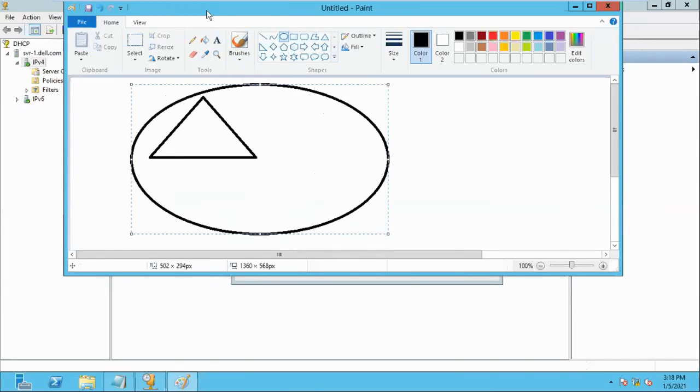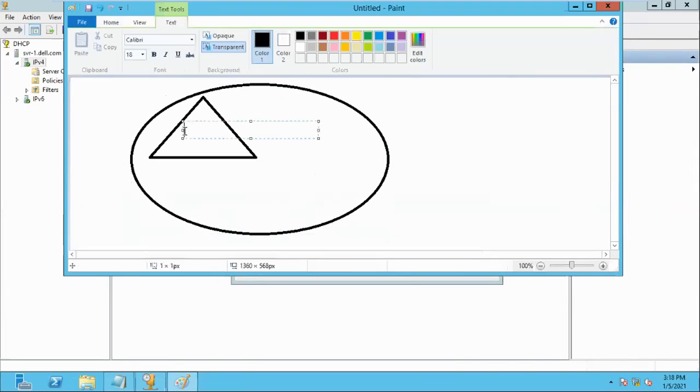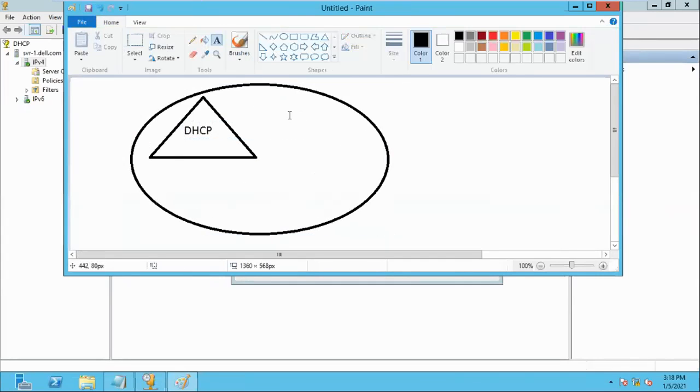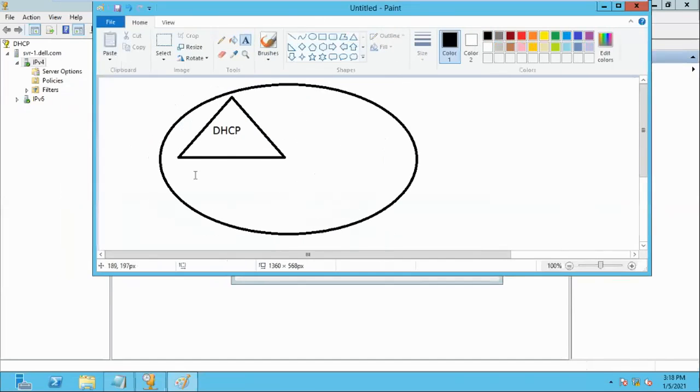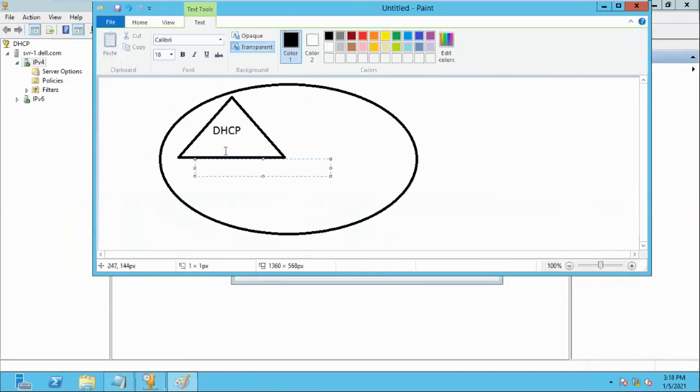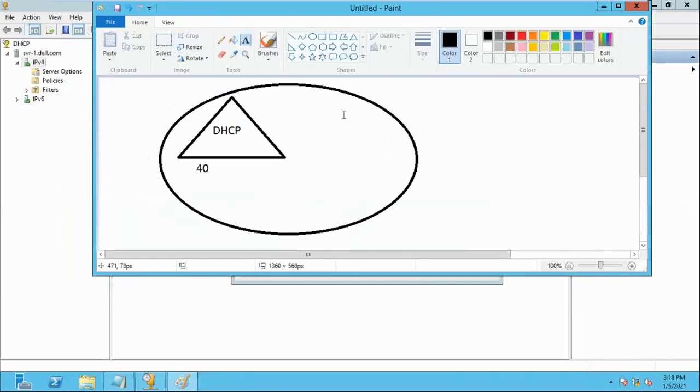This is your DHCP server, and here many clients are there. But your server is in a different subnet, a different location, a different network, or some other place. So that time,